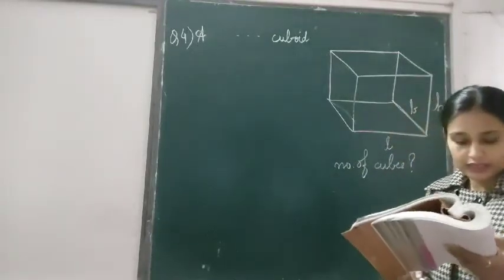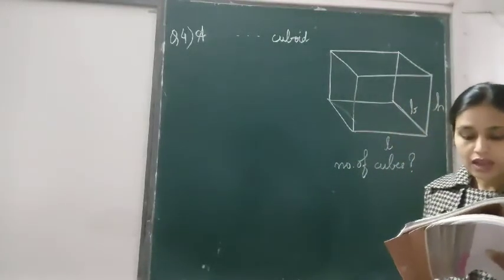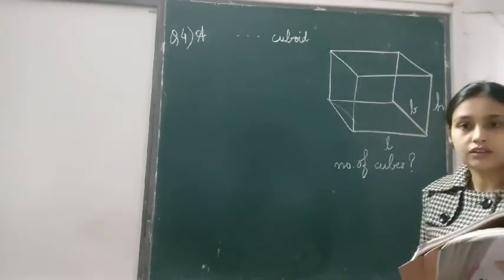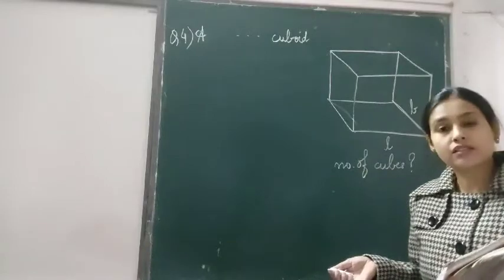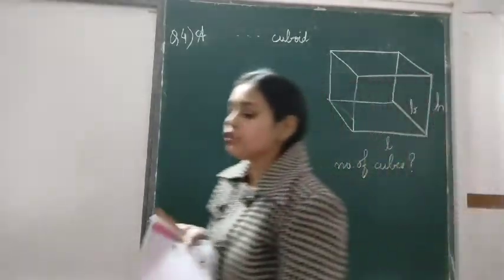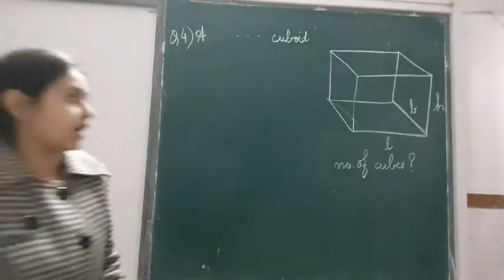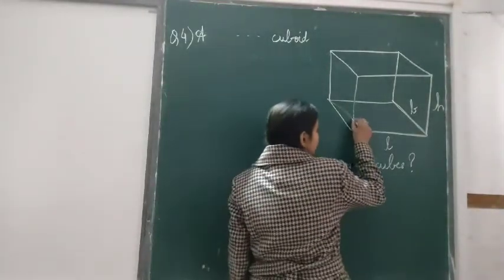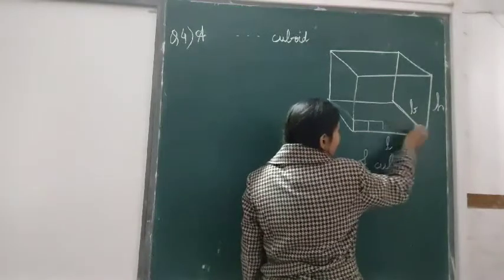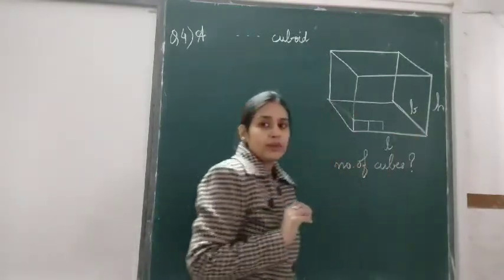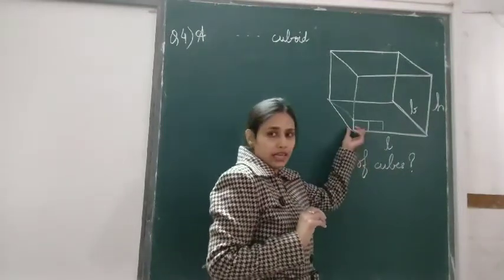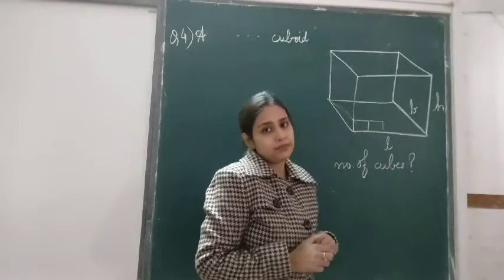Now how many in number? How many small cubes with sides 6 centimeter, each side will be 6 centimeter since it's a cube, will be placed in the given cuboid. So we need to find out how many cubes can be placed inside it, like this. This is one small cube, second small cube. Like this we are going to place the cubes whose each side is 6 centimeters.